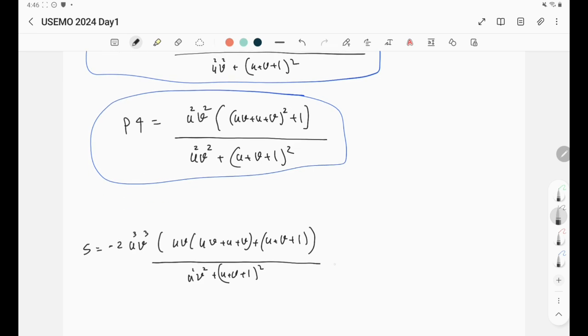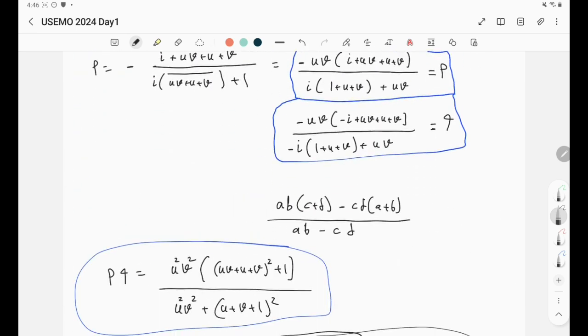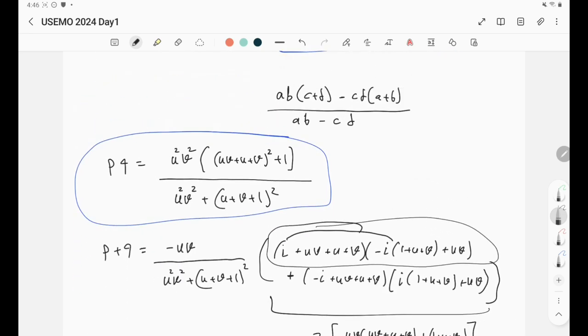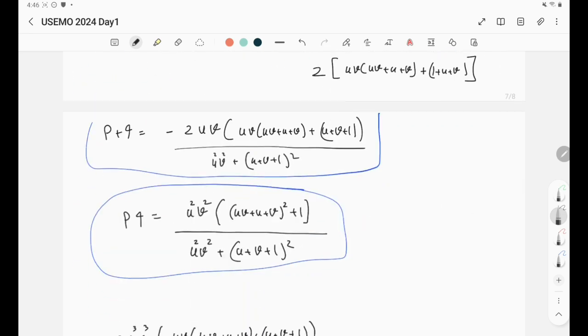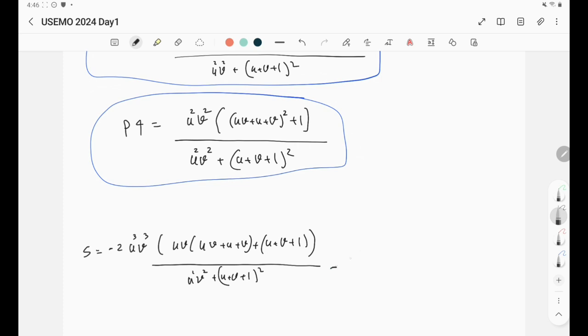Now we need to continue with the intersectional formula. We need to subtract, and now we need to apply those PQ. So we need to subtract this thing here. So let's say minus. Okay, we're going to apply these and multiply them by the sum of b plus c, that is u square plus v square. So let's write u plus v, u square plus v square times uv, u square v square times uv plus u plus v squared plus 1